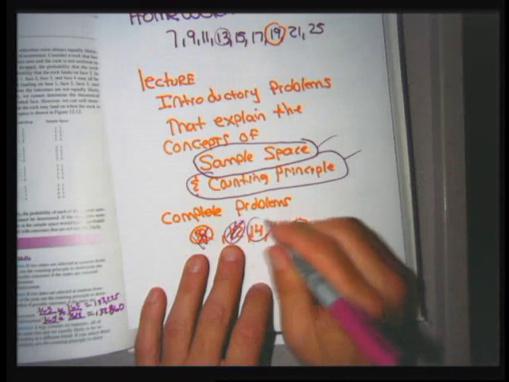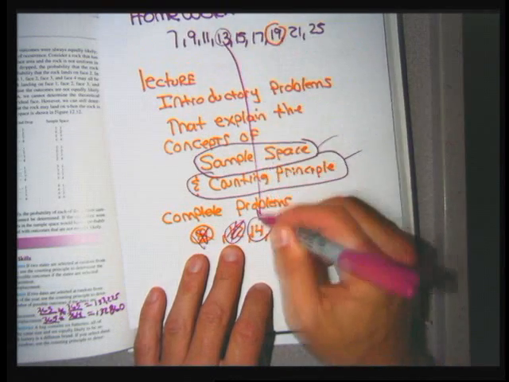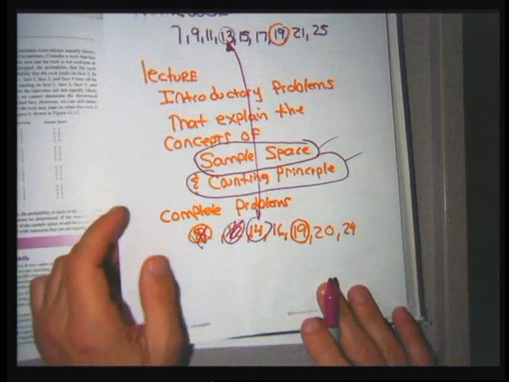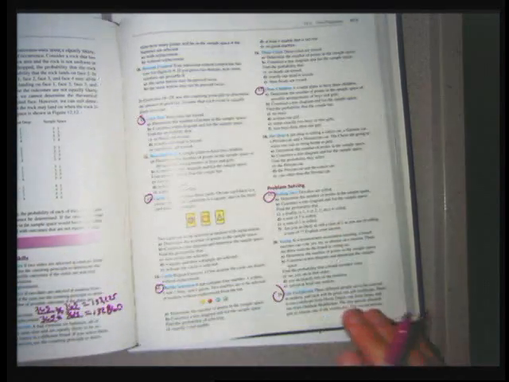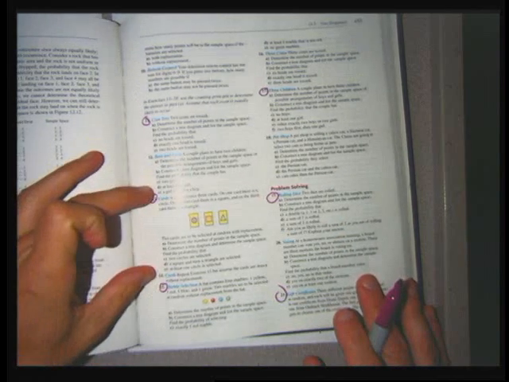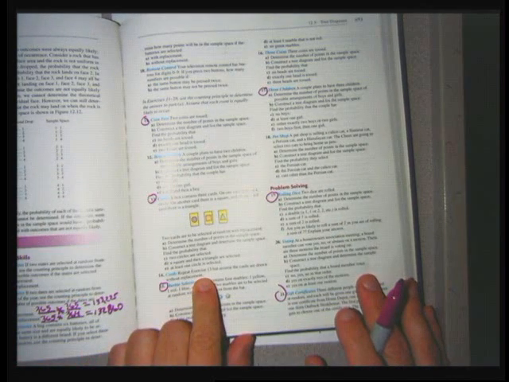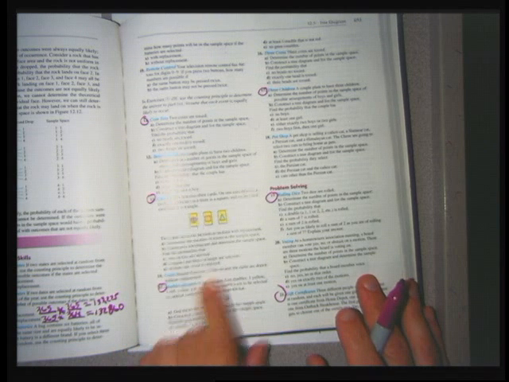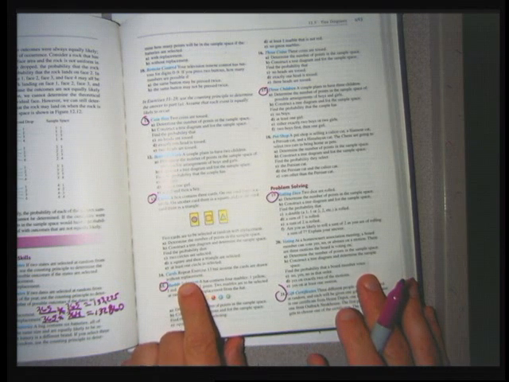I'm going to do problem 14. Problem 14 and problem 13 are the problems that are paired up. They're going to solve essentially the same way. They're just going to be slightly different. So I'm going to read 13 real quickly and then answer 14. 14 says repeat exercise 13, but change the words to without replacement. So if I read through problem 13, because that's ultimately what I'm doing, just changing the word to without replacement,